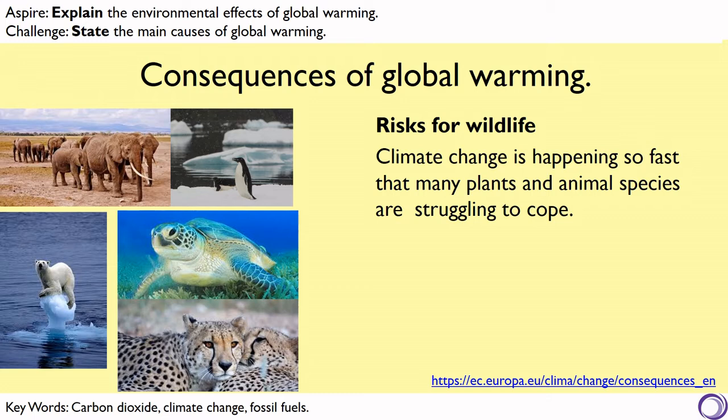Whereas where the polar bear and the penguin live on ice, because of the increase in temperatures, those habitats are melting, and that means that those two organisms no longer have a place in which to live that they are well adapted to. In terms of the turtles, some of those are very sensitive to increasing temperatures in the water, and that is causing some of those organisms to become extinct.